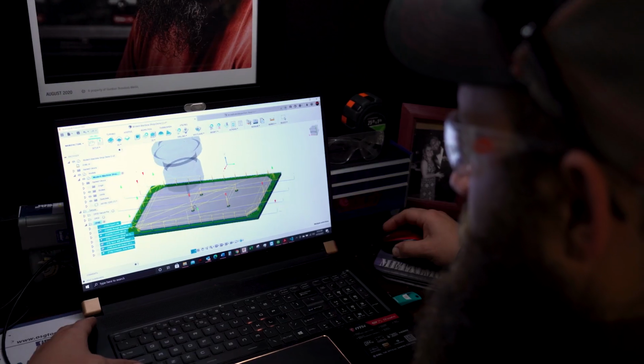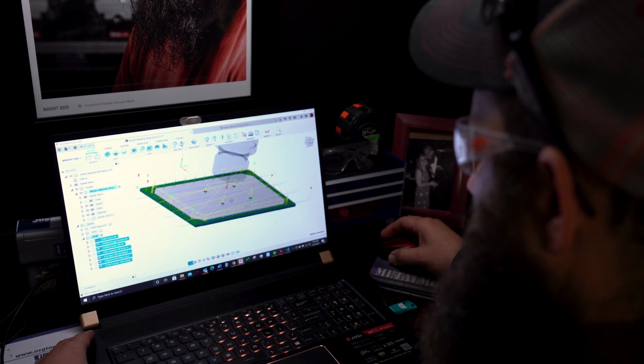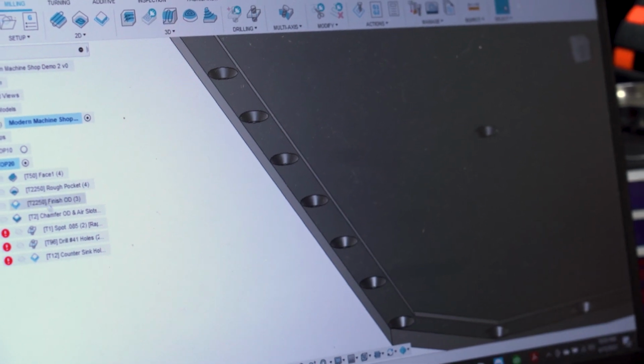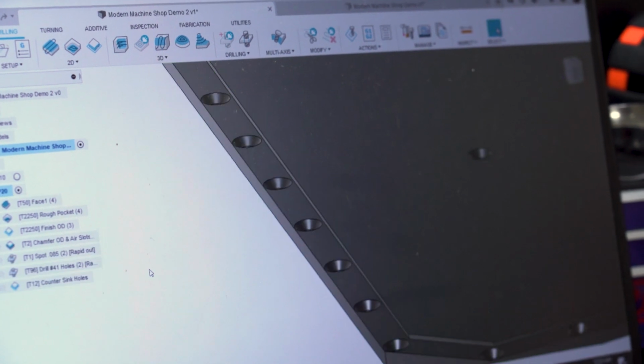So let's say we have a part that you're gonna rough the outside with a 1/2 inch cutter and 4140 HT, and then you're gonna come in with a high feed mill, do some high feed milling, and then drill and tap some holes. You would just load in that template for that customer that uses the standard tap sizes and all that, and it would also import the 1/2 inch end mill and the high feed mill, and all your cutting parameters would be set as far as depth of cut, width of cut, and everything like that.